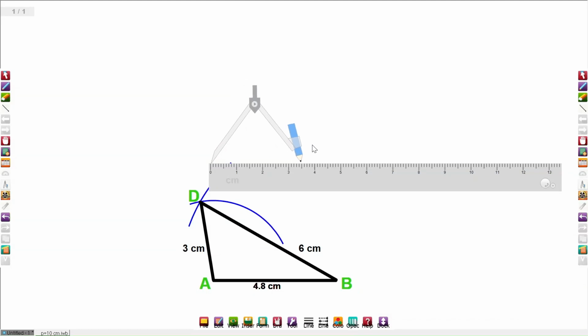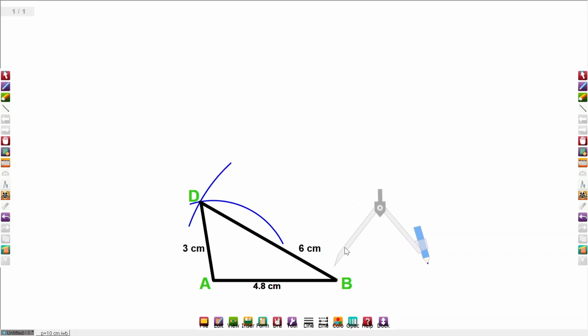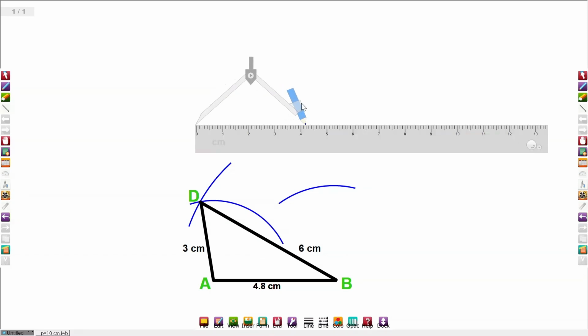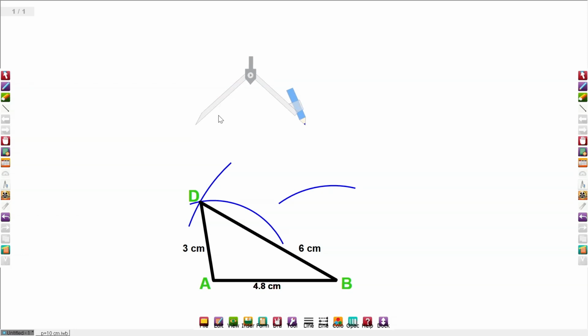Next, we take a ruler and a compass. Adjust the radius of compass to measure 3.6 centimeter. Locate the center of compass to the point B and draw a circular arc of radius 3.6 centimeter. Adjust the radius of compass to measure 4.2 centimeter. Locate the center of compass to the point D and draw a circular arc of radius 4.2 centimeter. Label the intersection point of the two circular arcs as the point C